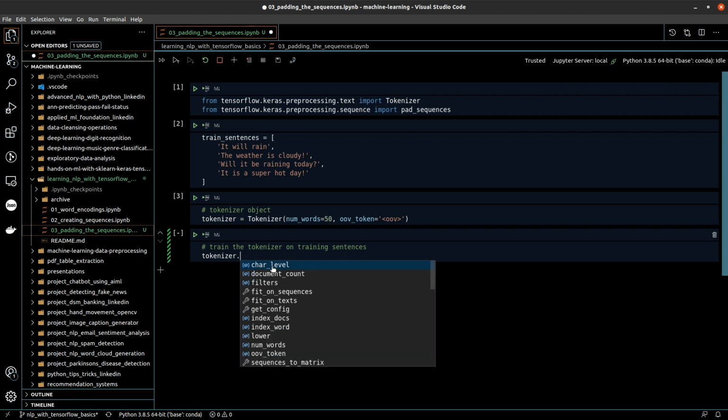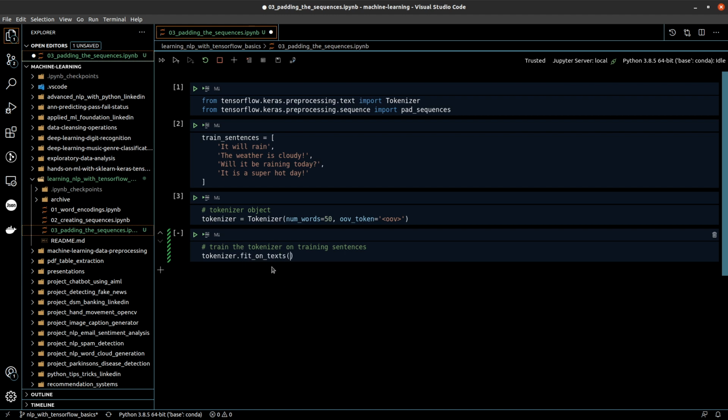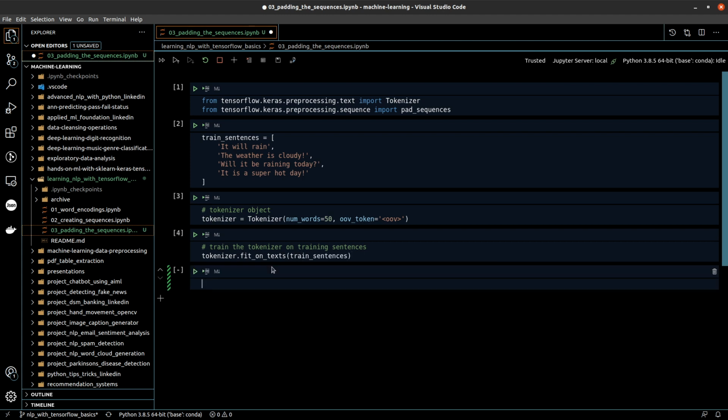We will be using the fit_on_texts function, and we will pass the training sentences to it. Then of course we will use the word_index attribute to fetch the dictionary containing the different words and the corresponding encoded values. So we store the word index for words in the sentences: word_index is equal to tokenizer.word_index.